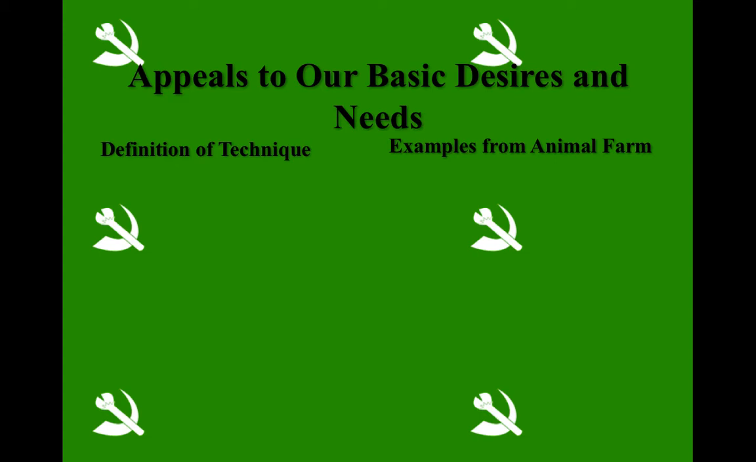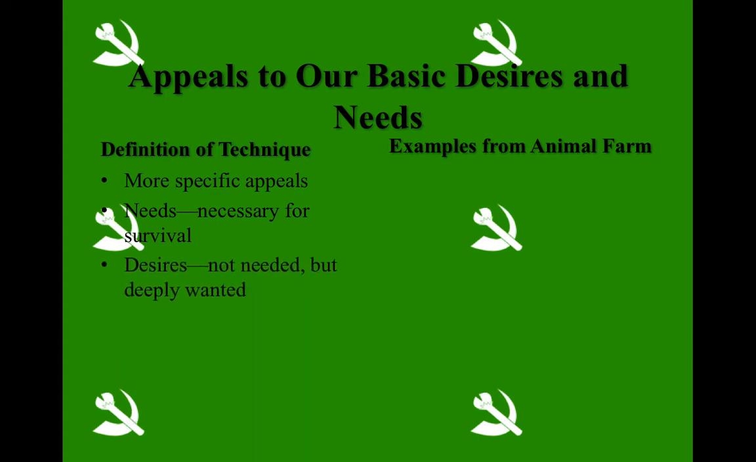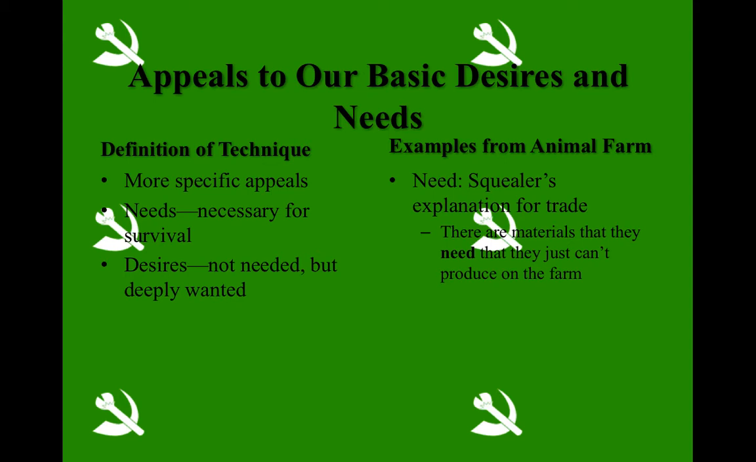We also have appeals to our basic desires and needs. Again, it's a specific appeal. Needs are necessary for survival, desires are not needed but deeply wanted. So there is an emotional aspect here. An example of appeal to basic needs is Squealer's explanation for trade. There are materials they need and they just can't produce on the farm. An example of a want or desire would be...